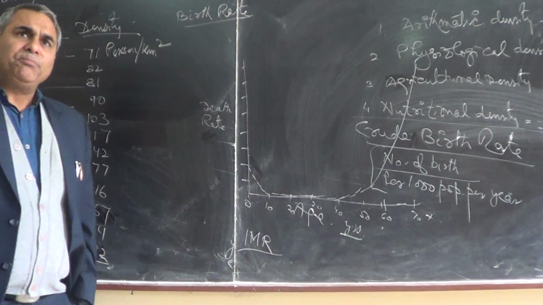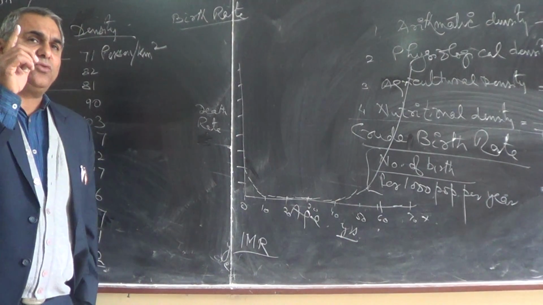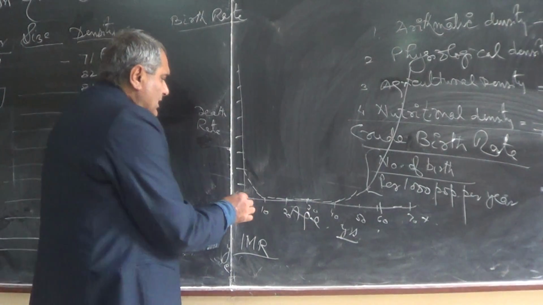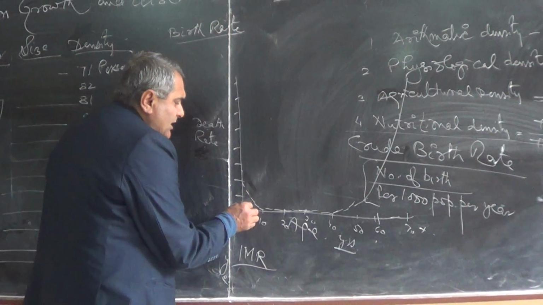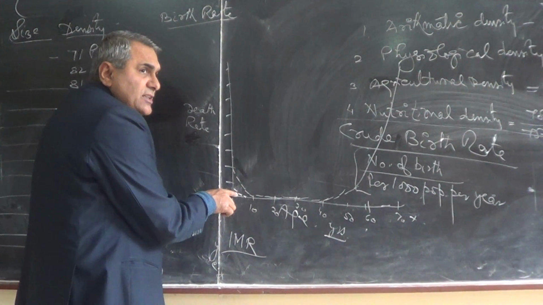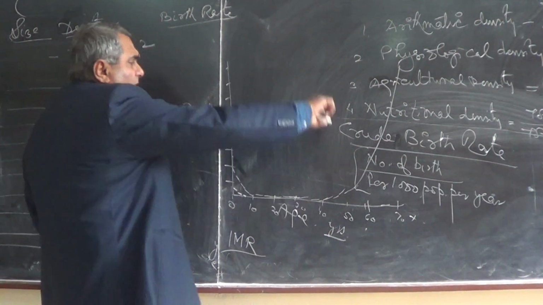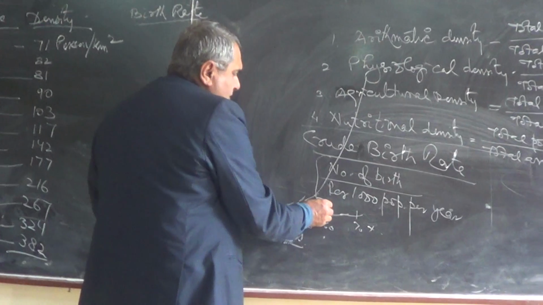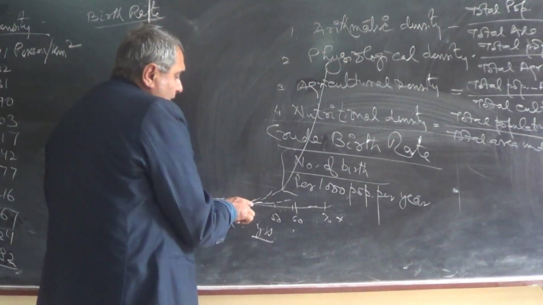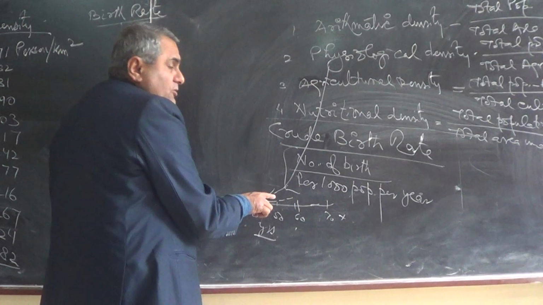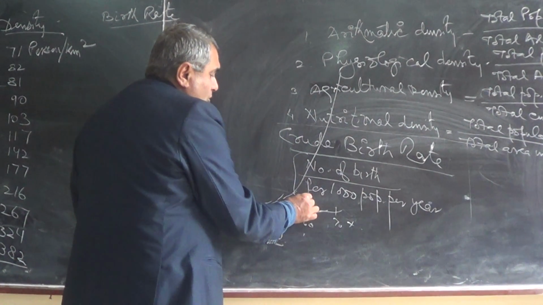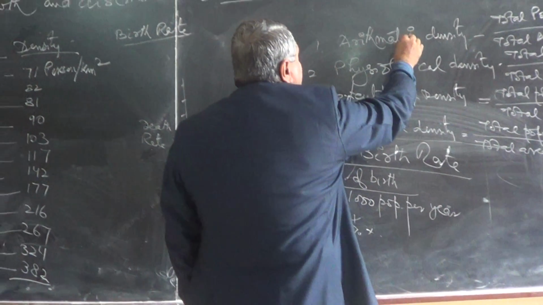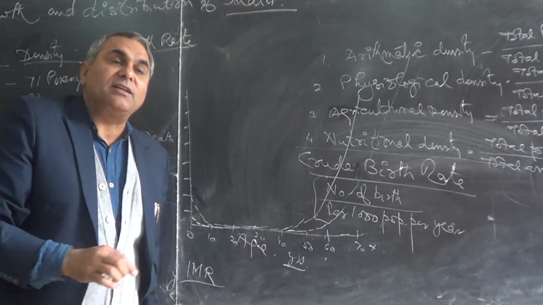But if you see the crude death rate of America, Japan, Sweden or European countries, they have the least chances of death immediately after birth. Very few chances are there. So this is a kind of U graph. Those countries have very few deaths up to the age of 60. Our deaths start going up at the age of 50, but their deaths start going up at the age of 60. So this shows a higher average life expectancy.